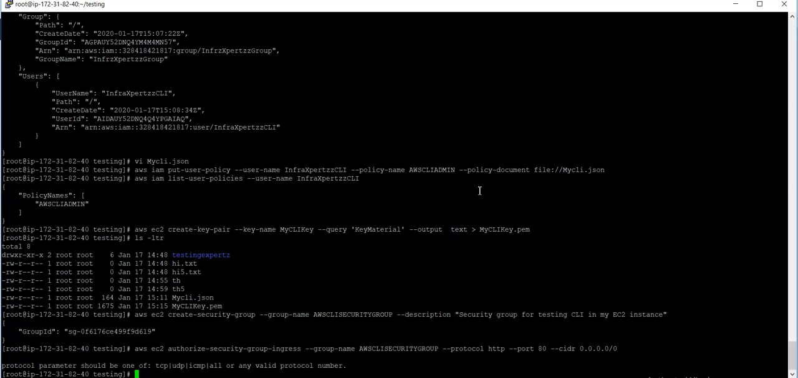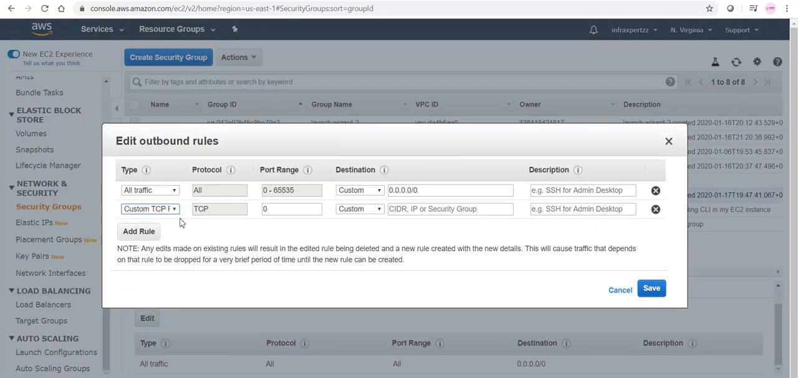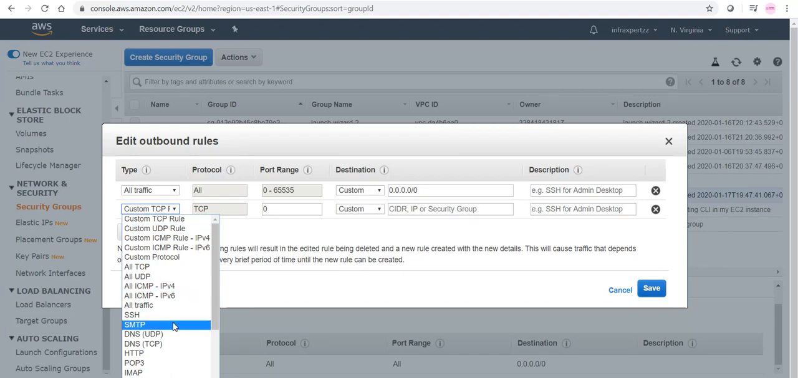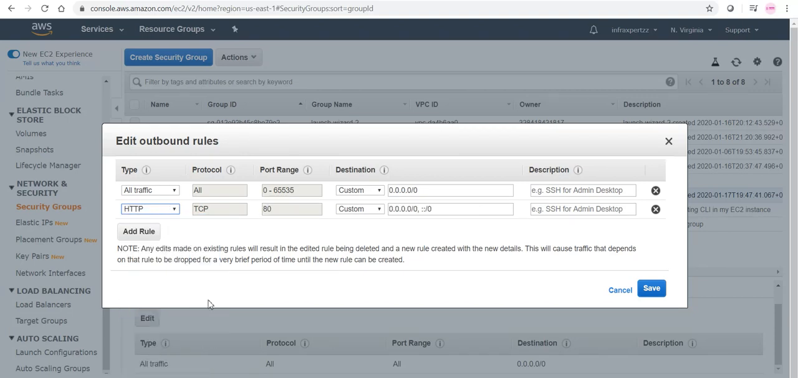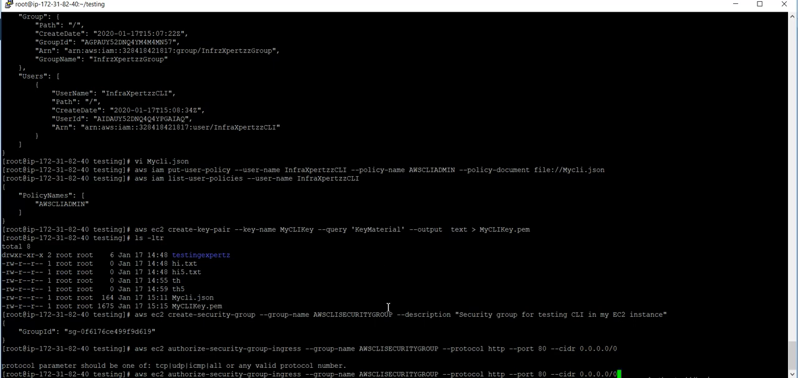The protocol parameter should be TCP, UDP, ICMP, or all. So if you go in here, you can check for HTTP. It's my bad, the protocol parameter is TCP and the port which I need to open is